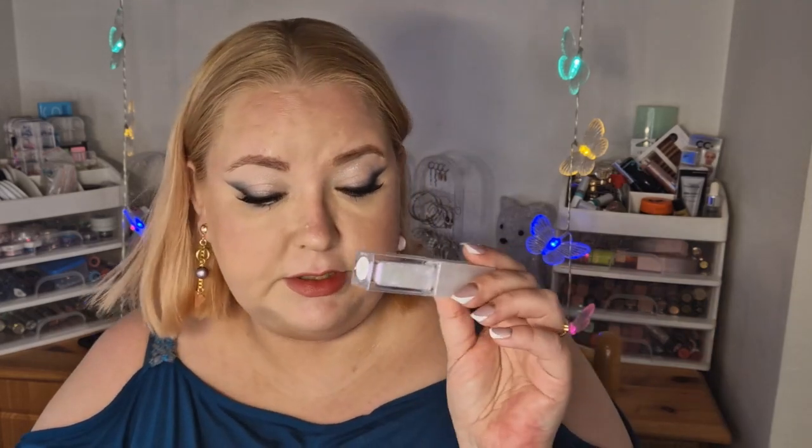Okay, here is the almost finished look. I have two things to do. I actually used a lip tint, the e.l.f. lip tint in Spicy Sienna. And then I'm gonna put lip gloss on. This is the So Classy lip gloss from Colourpop in the shade Beach Please. This is from the